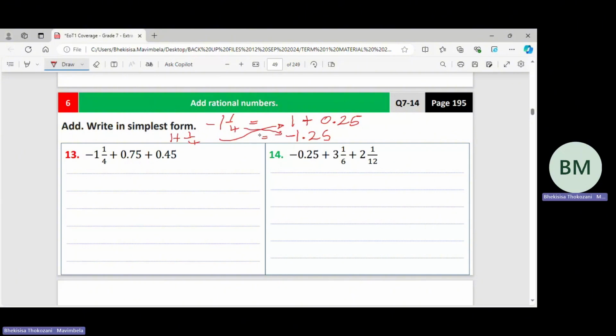I'm just showing you so you can remember. All right, let's go. Now I can simply say this is minus 1.25